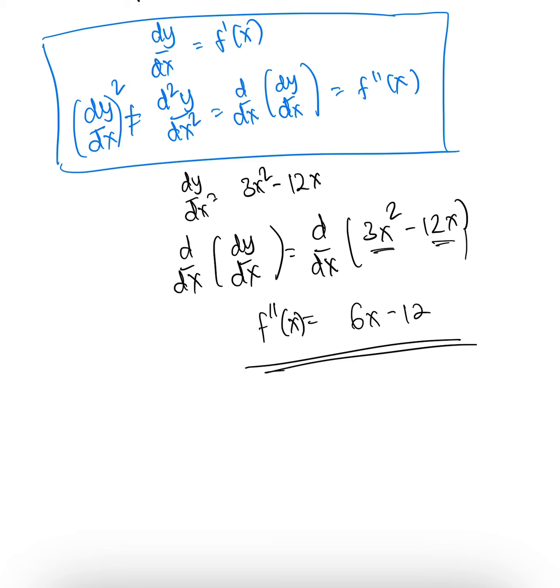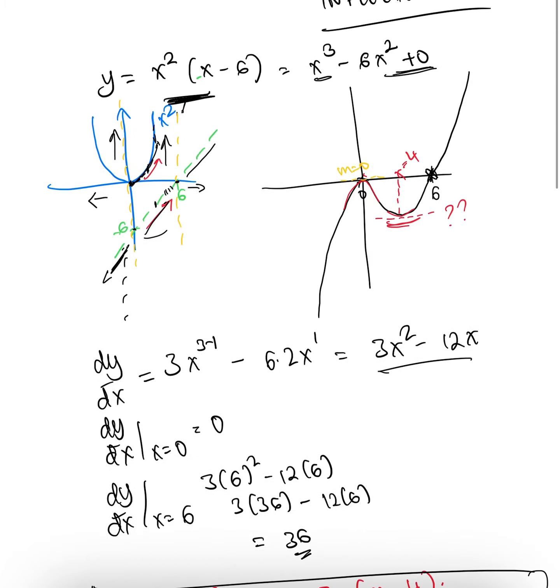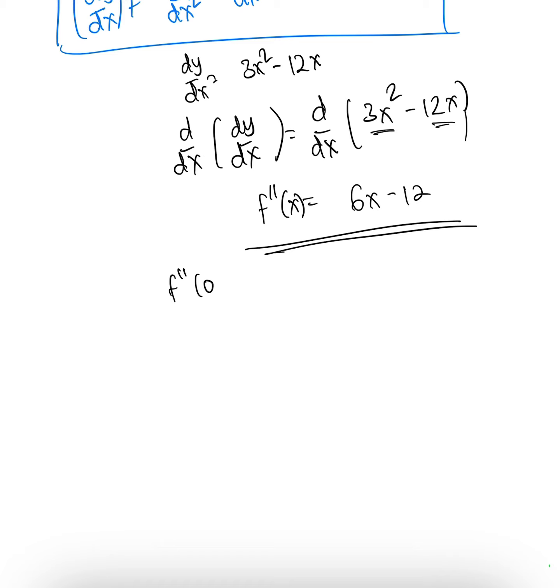Okay, then f double dash x at point 0, which is the origin, that was our first stationary point that in the curve looked like a maximum, right? Let's check if it is a maximum. f double dash 0 equals 6 times 0 minus 12. So the answer is minus 12. And f double dash at point 4 is 6 times 4 minus 12, which is 24 minus 12, and that's 12,